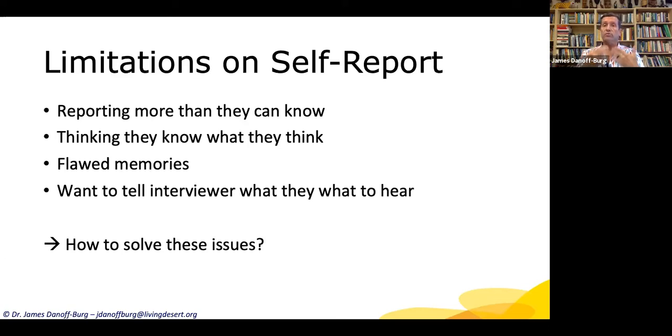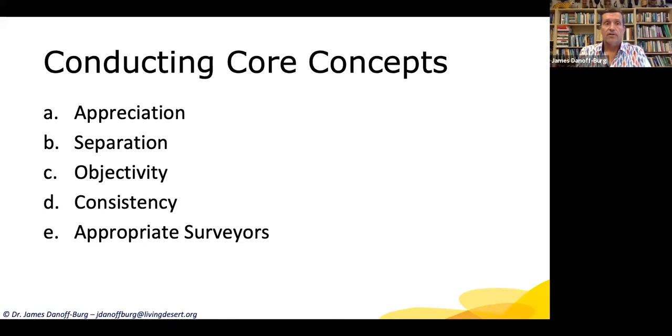Self-reporting is information where people tell you themselves. So ideally, we'll be able to come up with approaches that help to restrict the effect of these limitations on the accuracy of self-report data. So how to solve these? Well, we've got some best practices for going about along those lines. Right? First off, like I was saying earlier on the last slide, dress well, present yourself well. There are also these other 5 groups of ideas